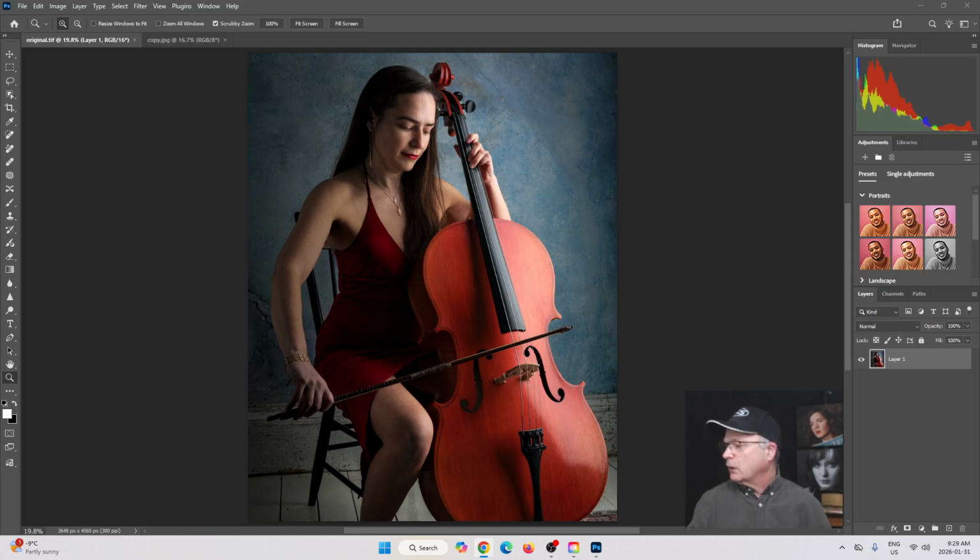A slightly darker vignette or subtle background blur would help the subject pop more. Okay, so as we go through these suggestions, I'm actually going to apply them to the image. So let's go ahead with a darker vignette and a subtle background blur.